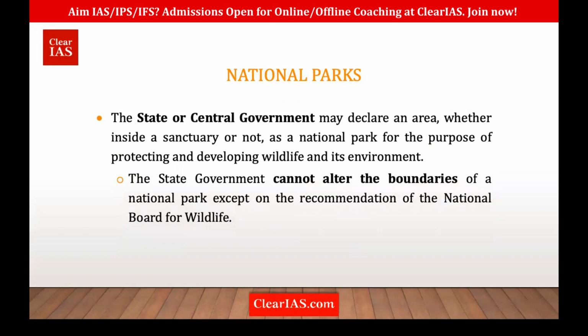It cannot alter the boundaries except on what? With the recommendation of the National Board for Wildlife. And there are no grazing zones. That is, you cannot take your herd and go there and let it graze. Okay, grazing. So you might find wildlife sanctuaries and national parks similar, but what is the difference between these